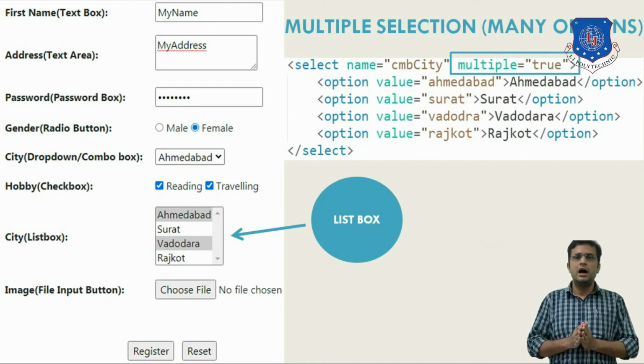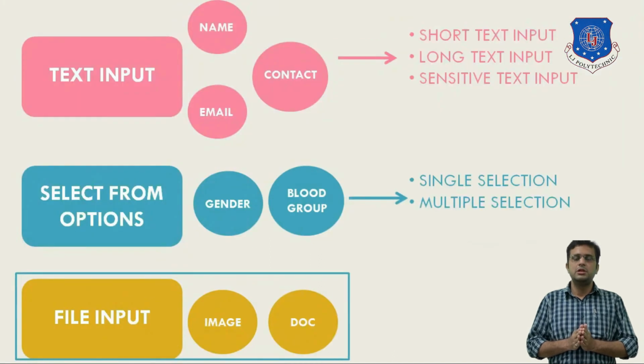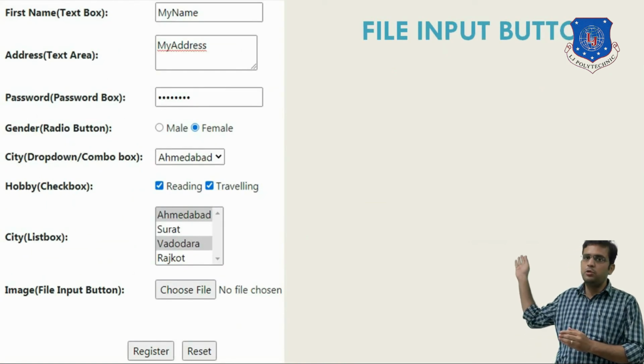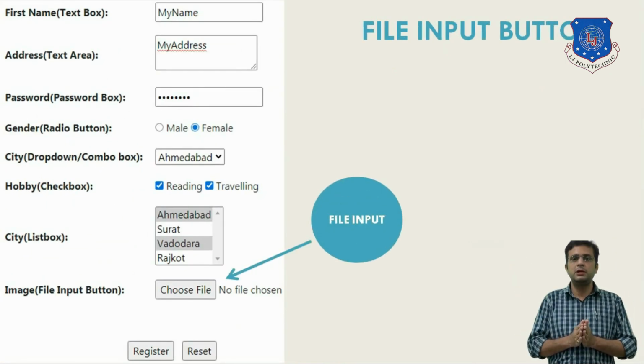Let's now see how you can accept file input from user. Sometimes you have to accept image or any document as an input from user. For that you can use file input element. So this is a file input element and depending upon the browser it may look different.